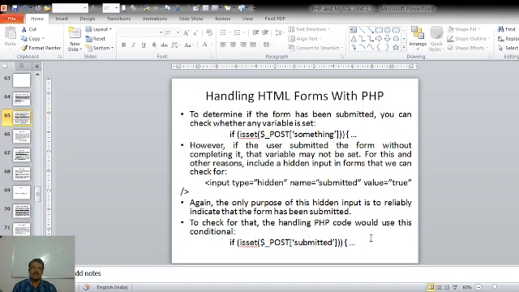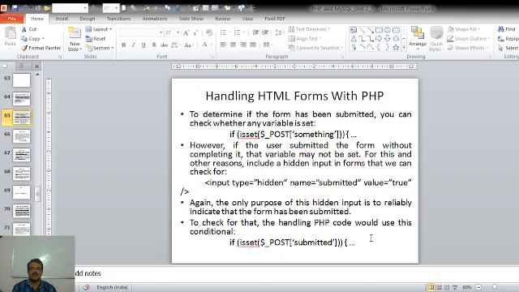For this and other reasons, we include a hidden input in forms that we can check for. So the solution to this problem is to include a hidden input tag in our forms. So what is a hidden input?